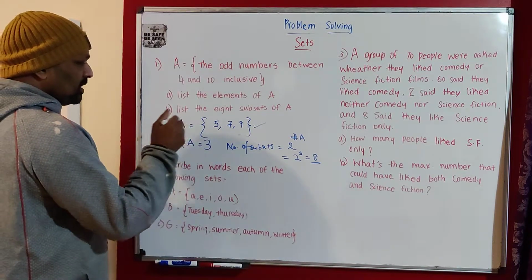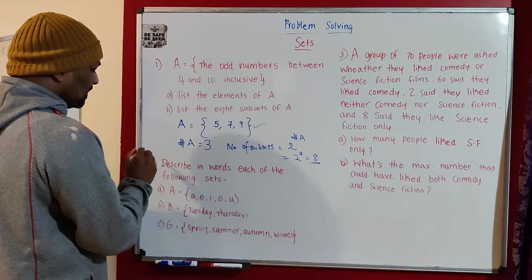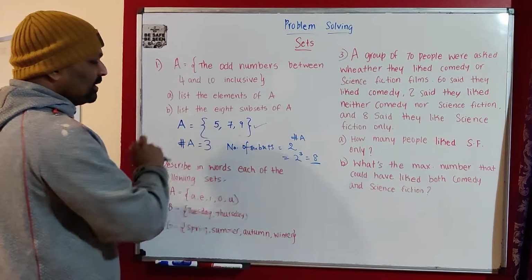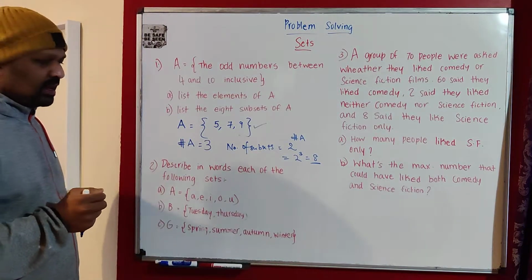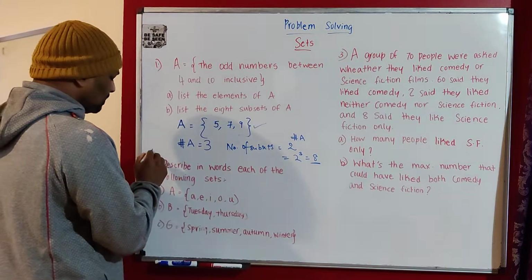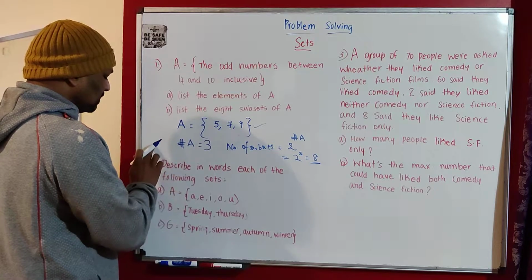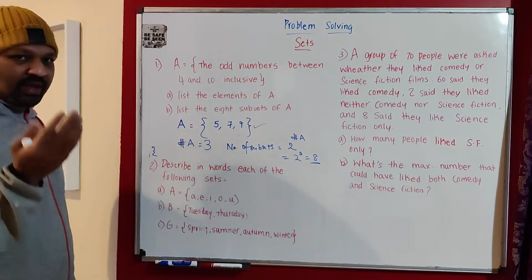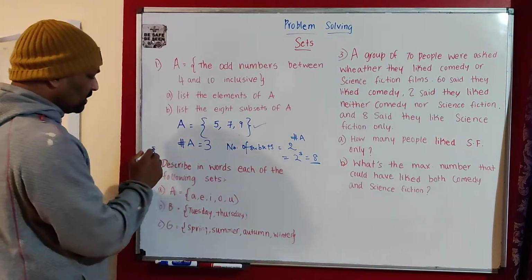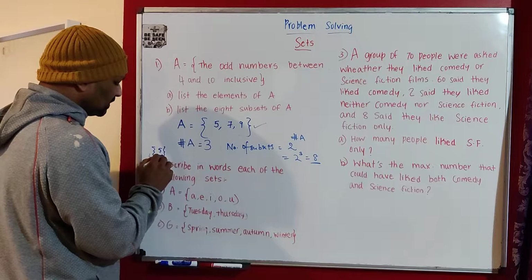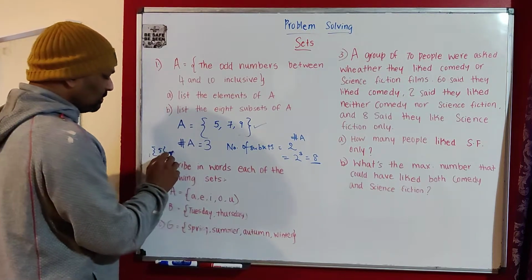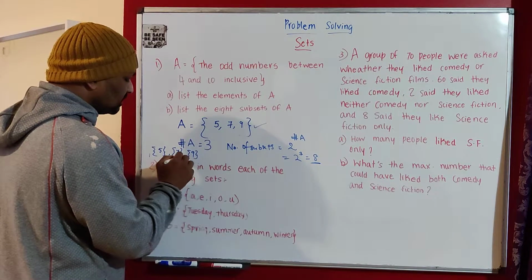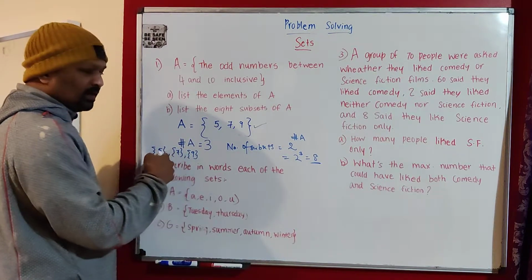Let us write those 8 subsets for the given set. So how can we write them? A subset is a set that has some of the elements or all of the elements of a given set. So the subsets of A are, first, start with 5 as a single element. You can write one like this, with 7 it's going to look like this, and with 9. So these are 3 subsets with a single element in each.